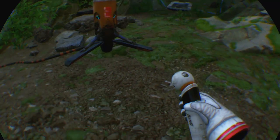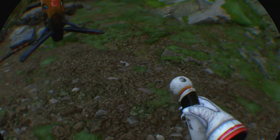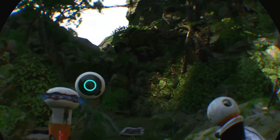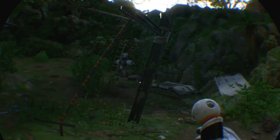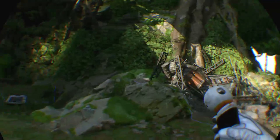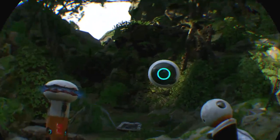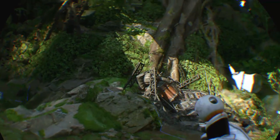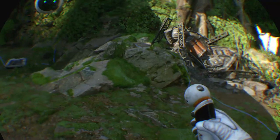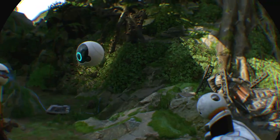People complain about some of the low textures on stuff. Whoopee. It's VR. It's for VR. It's just superb, if you ask me. The more games that come out looking like this, the better. That said, the game itself,